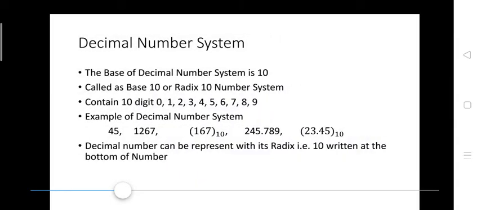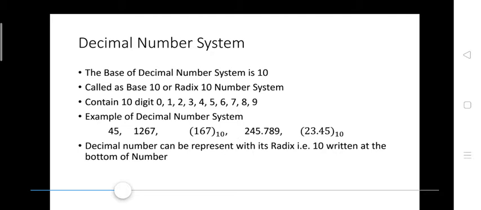First, we start with decimal number system. From our childhood, we use this number system, decimal number system. The base of decimal number system is 10. So it is called base 10 or radix 10 number system. Decimal number system contains 10 digits, 0, 1, 2, 3, 4, 5, 6, 7, 8, 9. Examples of decimal number system: 45, 1267, 167, 245.789,